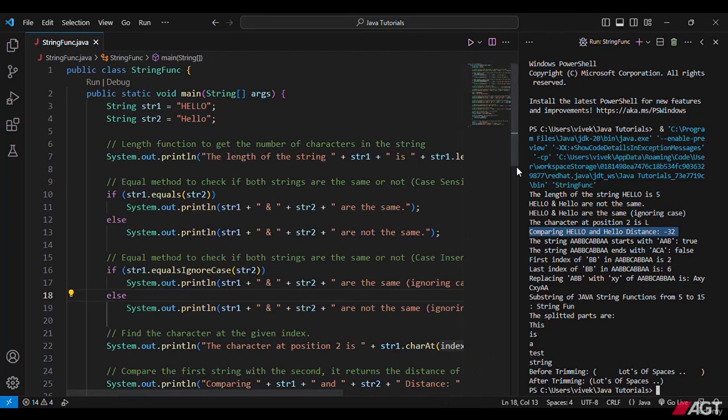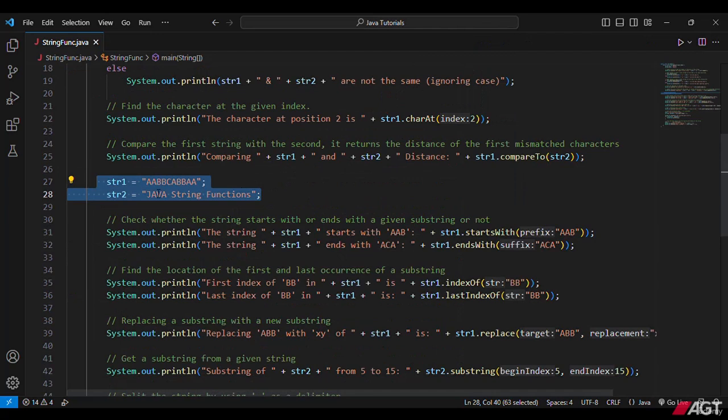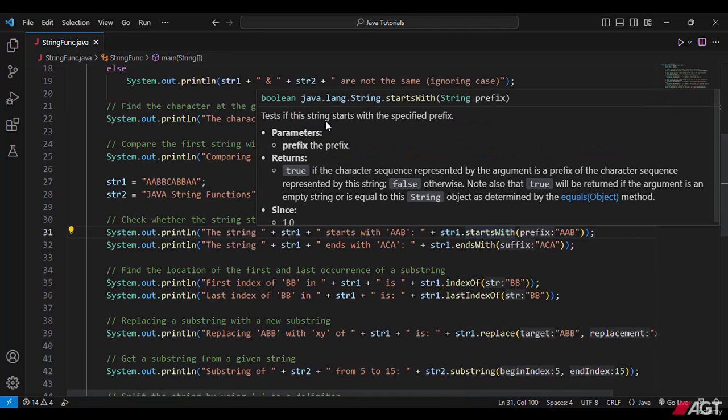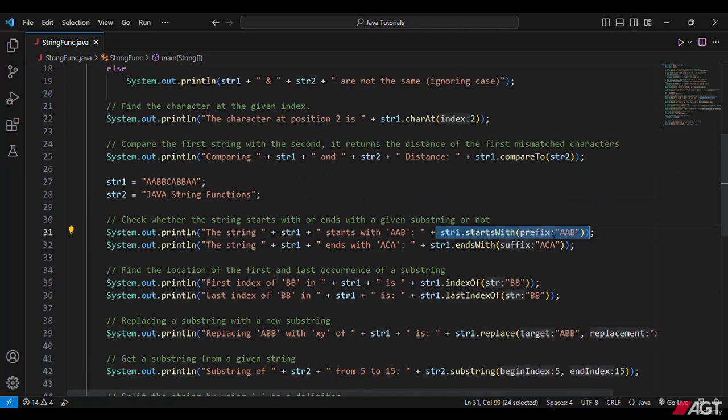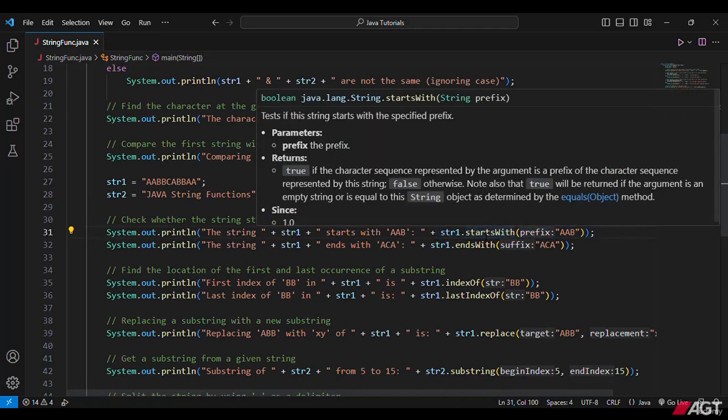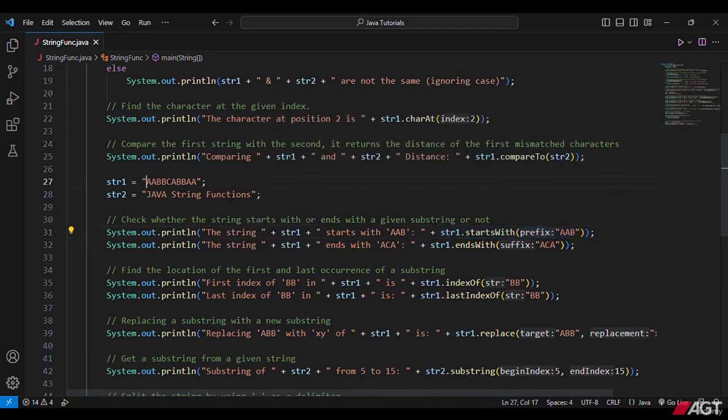So now we are going to have this str1 and str2 initialized with these strings. Now for the rest of the operations, we'll be considering them. So here we are having str1.startsWith("AAB"). So str1 really is starting with the string AAB. So now what is startsWith? startsWith is nothing but one function which returns boolean under the public scope. You can easily find, and it will take a string as input argument. So this particular string is nothing but a prefix. So here this AAB is really the substring with the help of which